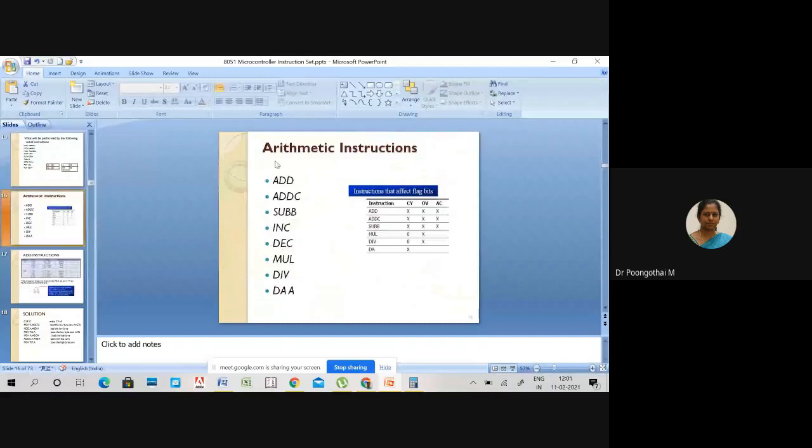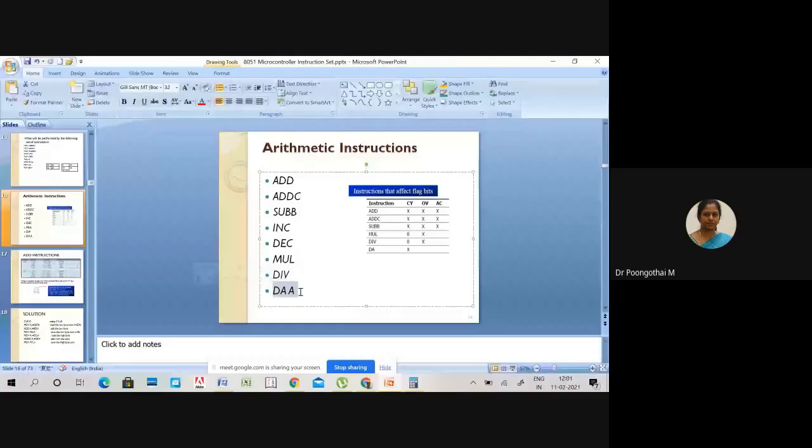So the last instruction in the arithmetic group is DAA, decimal adjust accumulator. This instruction adjusts the 8-bit result in the accumulator after addition to get a BCD, that is a packed BCD number. In the previous case, in division, we were able to get individual digits. Using decimal adjust accumulator, we can get a packed BCD number. That is, it is used to adjust the value of your accumulator after addition to get a BCD number. Okay, is that clear?